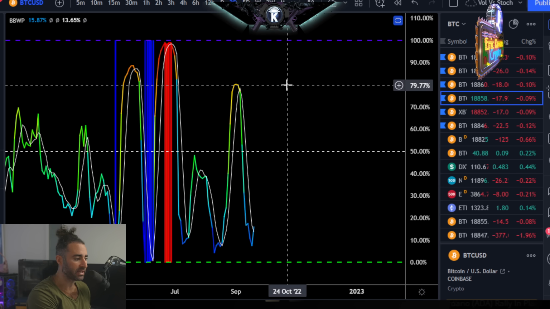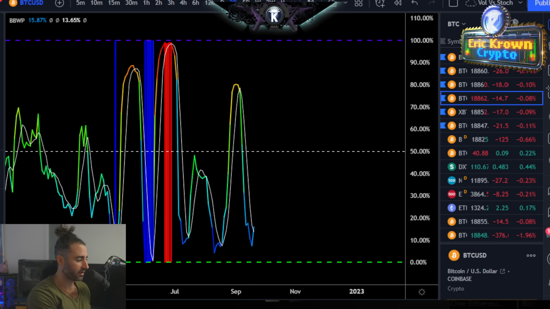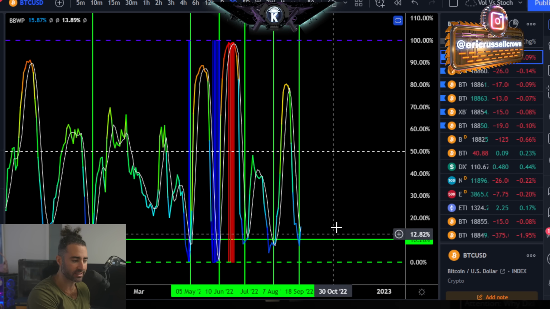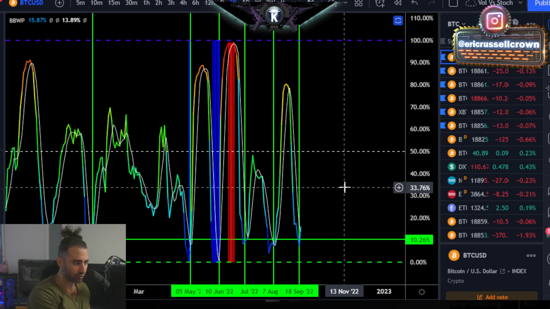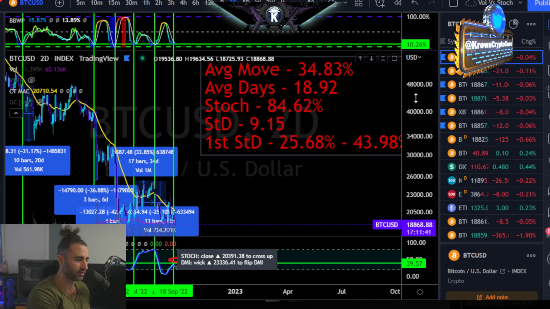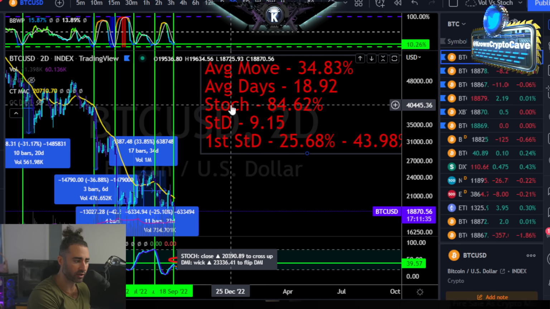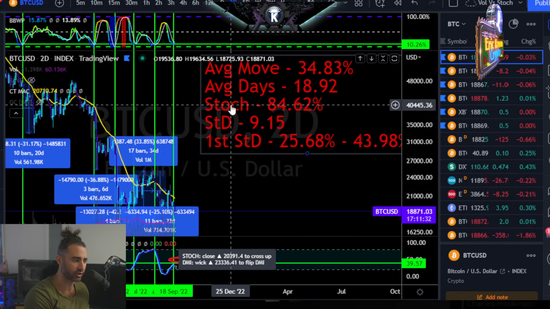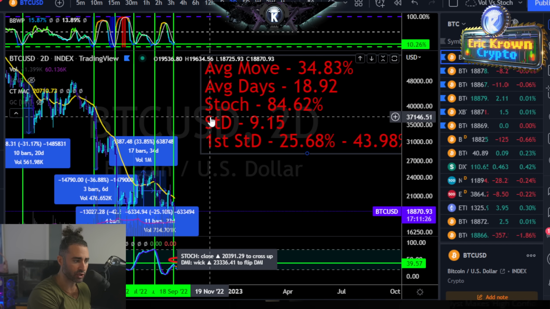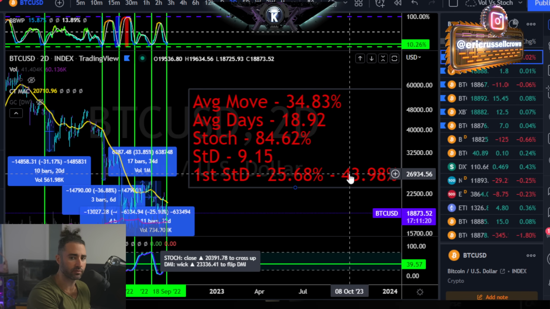It is a 2-day BBWP, which represents volatility, aka the dispersion of returns, getting down towards extreme lows. Anytime we observe this getting down to extreme lows, which I define as around the 10th percentile or lower, the expansion phase from these extreme lows has led to an average move of about 34.5%, almost 35%, done over the course of about 2.5 weeks from the signal confirmed. The stochastic oscillator has gone the correct direction on the volatility expansion about 84.5% of the time over the past 4 to 5 years. And the first standard deviation, where we expect 68% of the results to fall, gives us a range between about 25.5% all the way up to 44%.